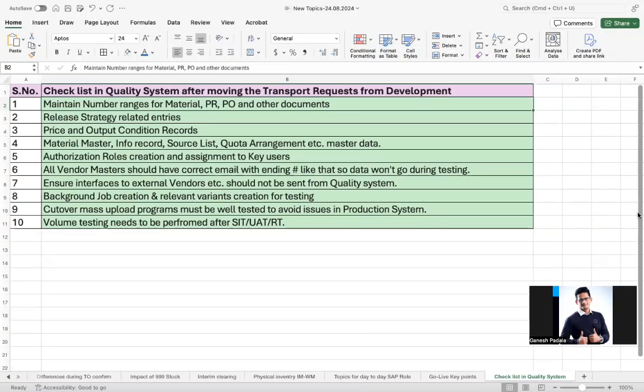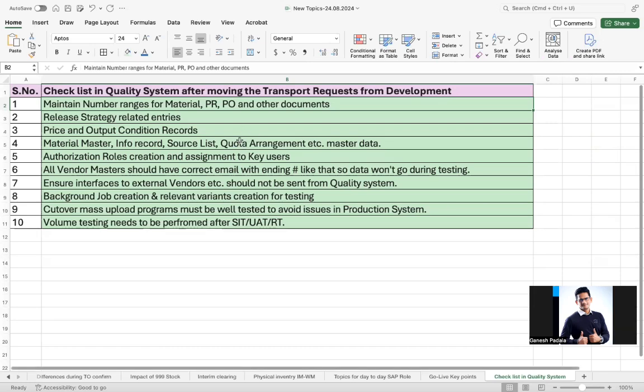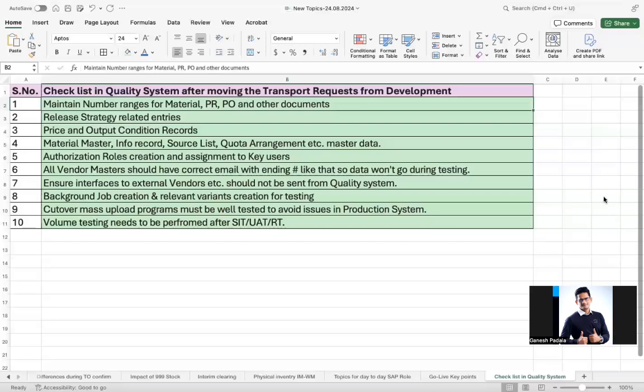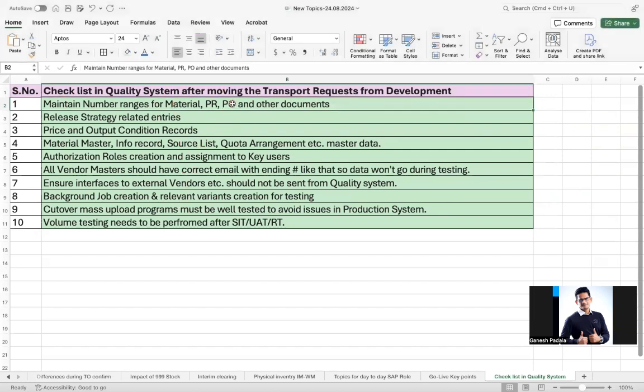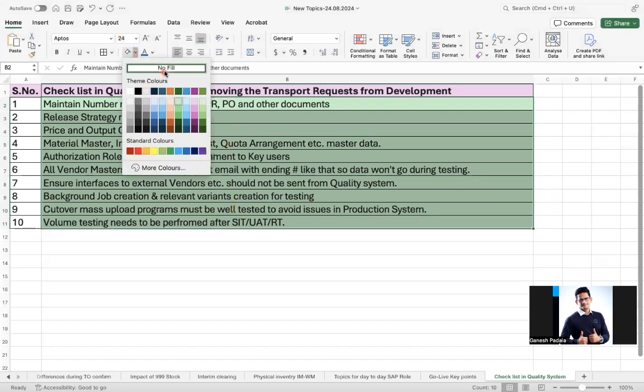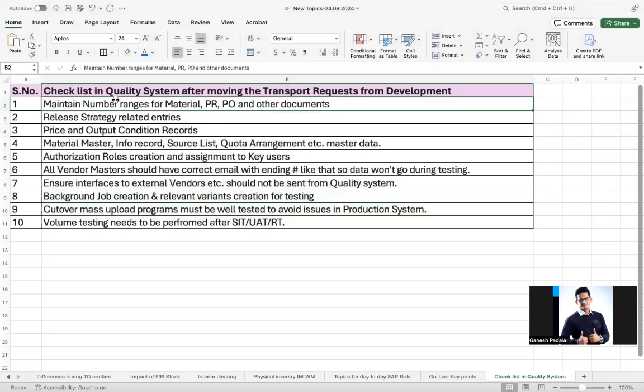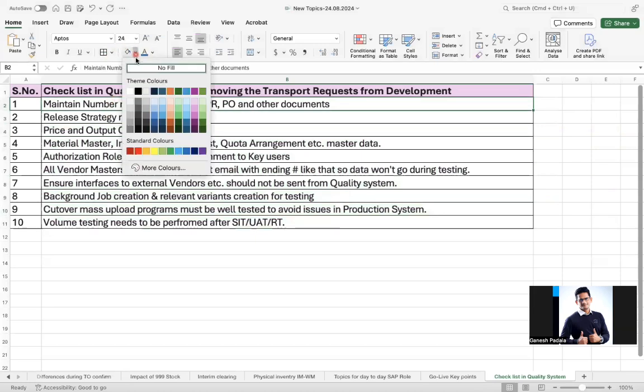In this video, I'm going to tell you what are the few key activities we do after we move the complete configuration to the quality system. As we know, we do the configuration in the golden system, golden client. After that, we copy to the testing client, where we do some unit testing. Once everything is completed, before we plan for system integration testing, we move the configuration to quality. Once you move the complete changes to the quality system, we have to do certain kinds of activities. The first activity which we generally carry out: